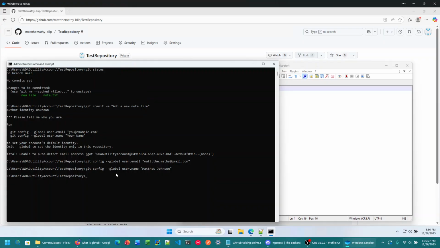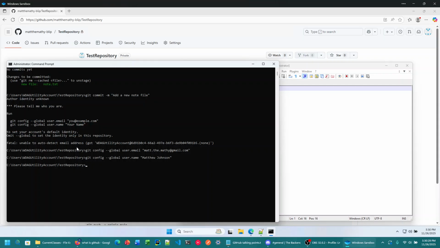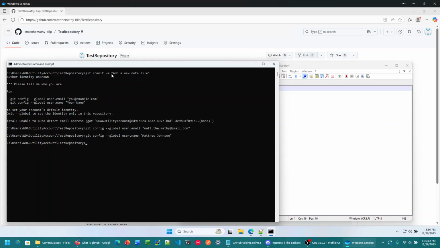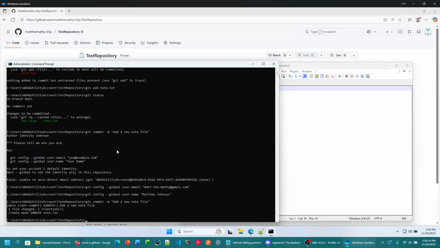So now, most recently what I did is we typed the commit -m, we added our commit message, and then it wanted us to run these two commands, and it looks like it did that successfully. So now, if we hit the up arrow a couple times, we'll go back to that, and if we do this again,